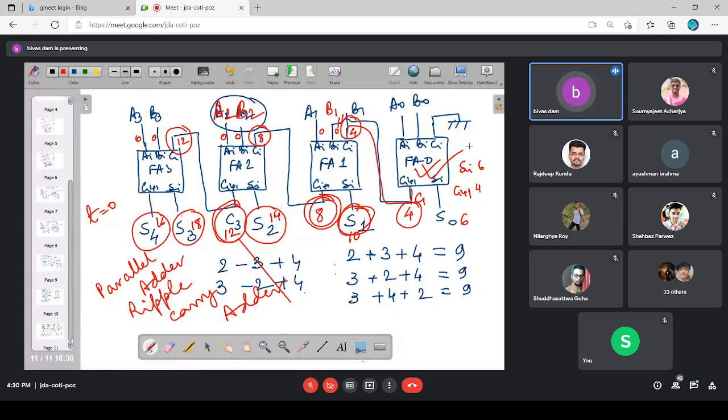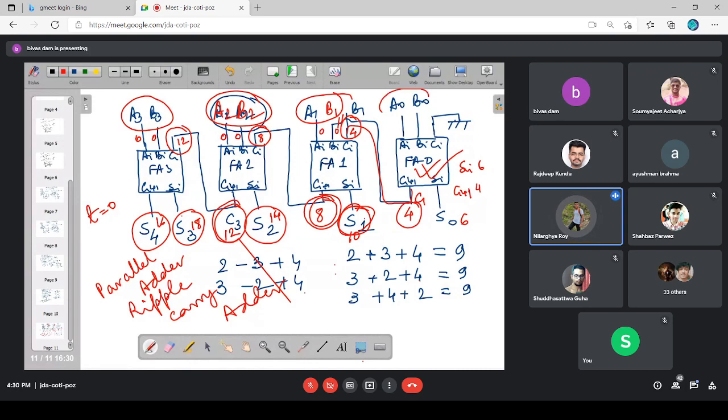My external inputs, what are the inputs that are coming externally? Your intention is to go for A plus B addition. So all the Ai's and Bi's are your external inputs. So they are available parallel. Simultaneously they are available, meaning they should be available at the same time.